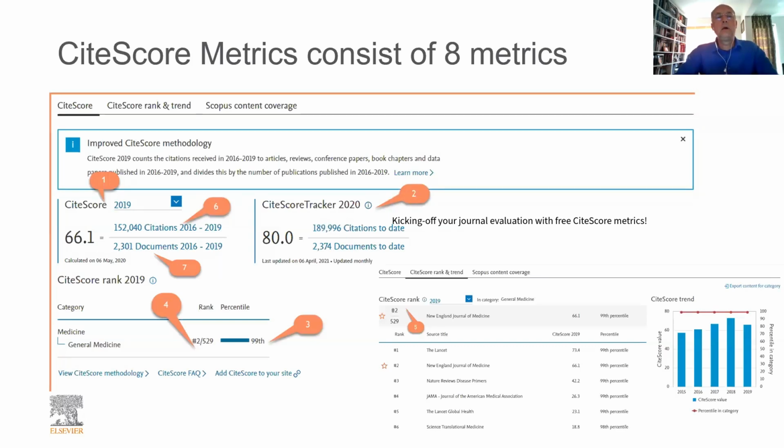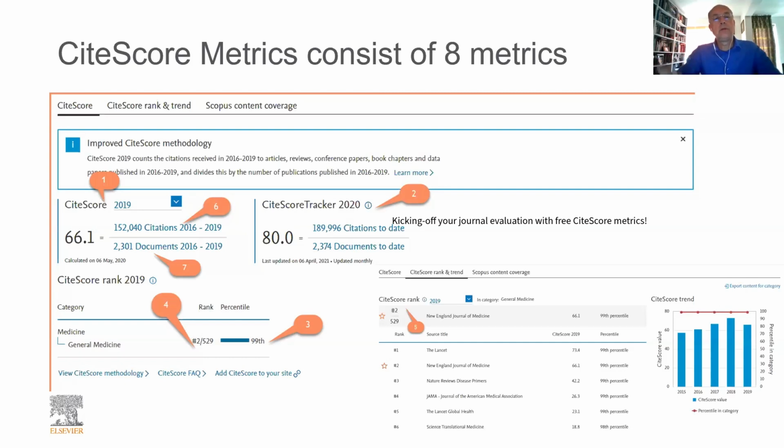CiteScore is basically a group of metrics, and it really has these elements, 8 or more elements, you could say, that show not just the value of CiteScore, which you see in this example on the left, 66.1, which is very high, one of the top journals in general, having such a high CiteScore. But you clearly see that within its range of years, it also has a number of citations. It's obviously a big difference if it's 152 divided by 2 or 152,000 divided by 2,300, which shows you it's a big journal in general as well.